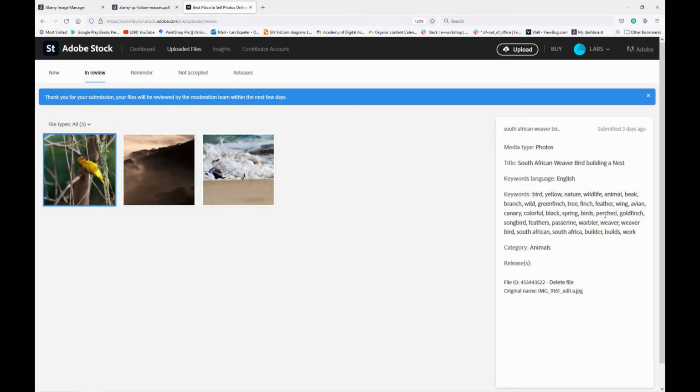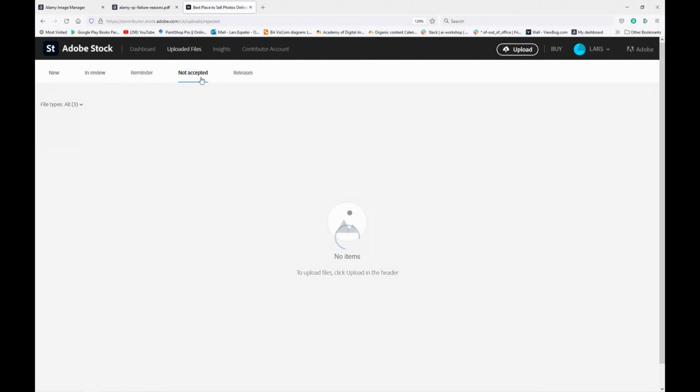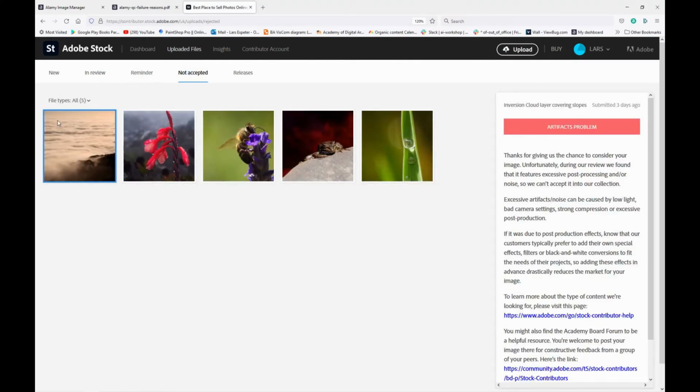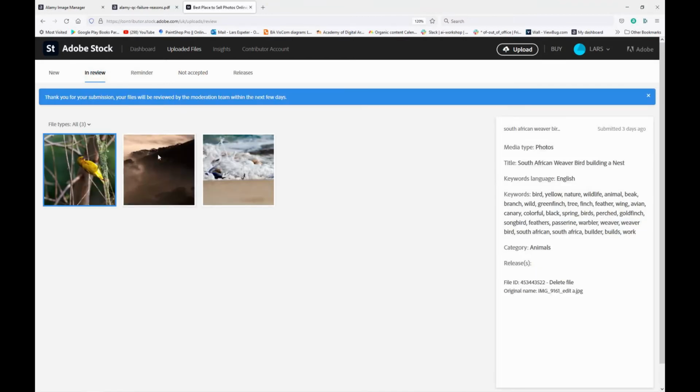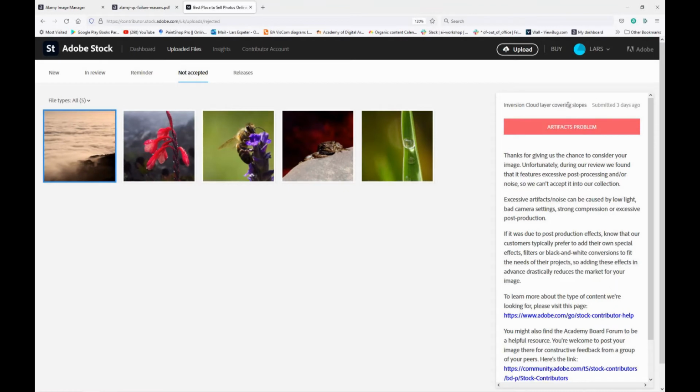So let's take a look at the ones that did not get accepted. These 5 are the ones that so far have not been accepted out of 20 that are uploaded. First one is this image of the inversion cloud layer coming in. The other one is still in review, so I'm waiting to see what's happening here. If they get the same results for the same reason, because they're pretty much the same photo, just from a slightly different angle. But this one was not accepted for artifacts